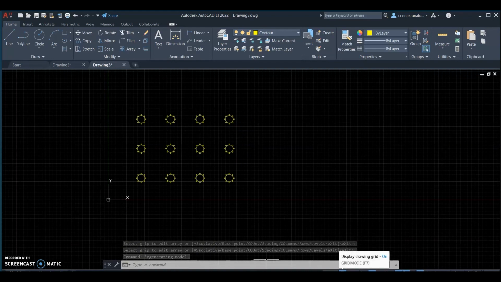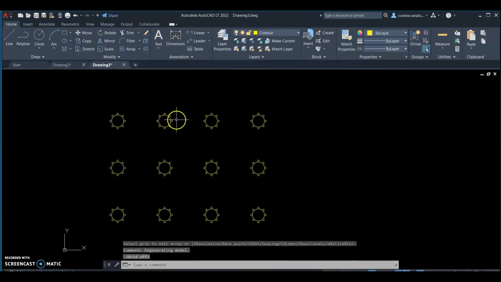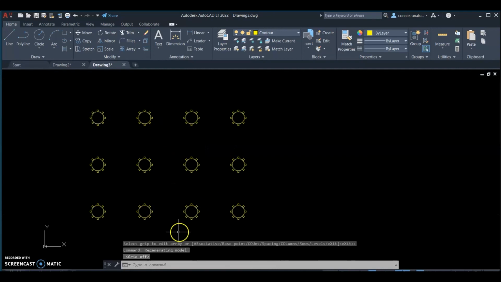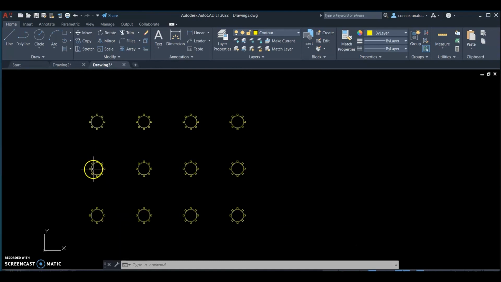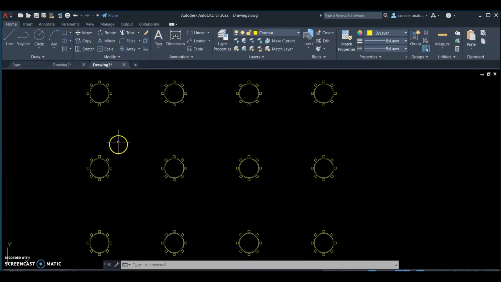So I can turn off the grid. It looks even better. So this video was showing how easy it is to use the array command, and